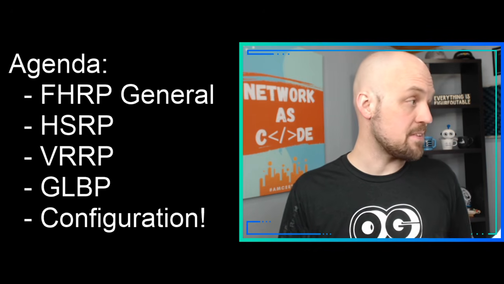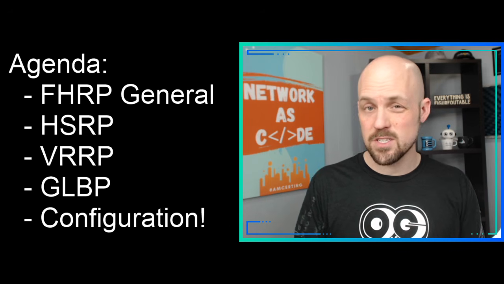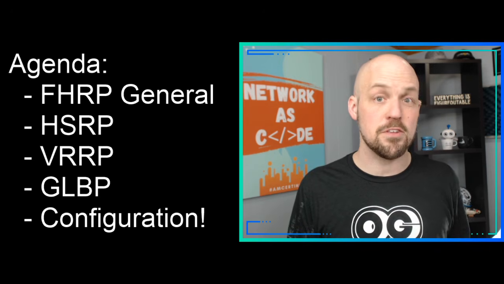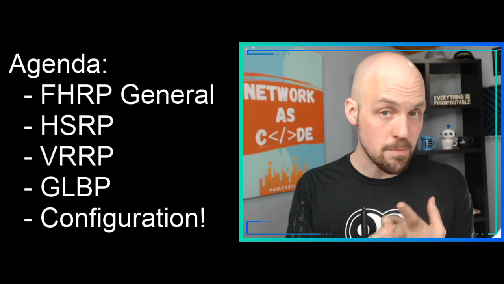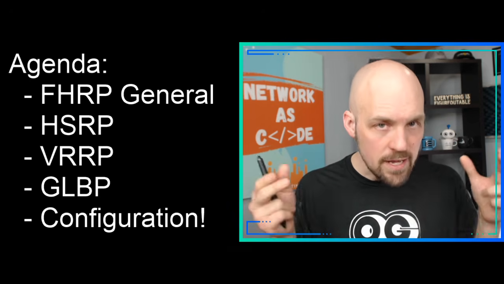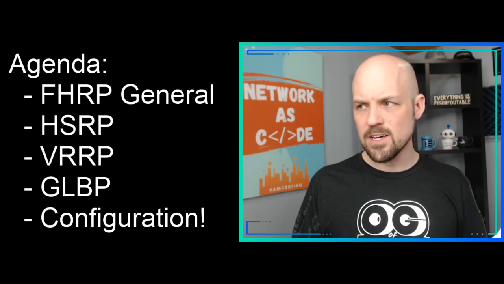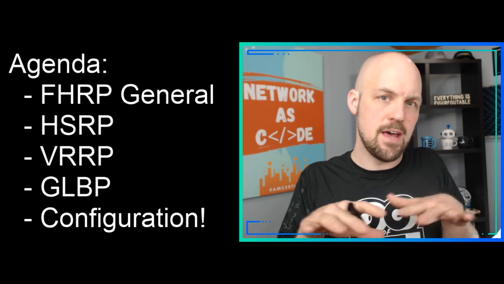As far as the agenda is concerned, we're looking at FHRPs tonight. Anytime we're talking about first hop redundancy protocols, it's going to come down to three main topics: HSRP, VRRP, and GLBP. Those are the three main protocols that fall into that FHRP category. But we want to start off by making sure we're all on the same page,